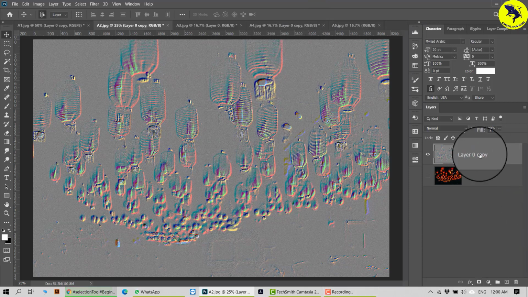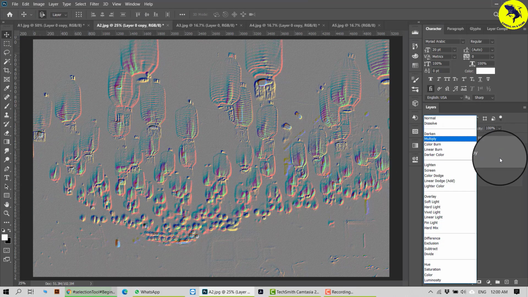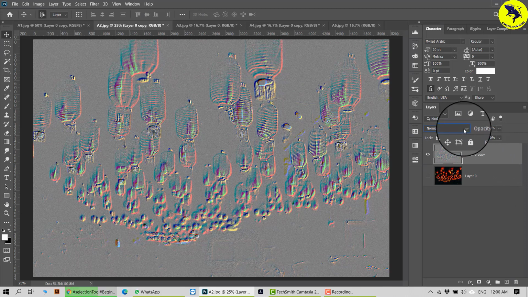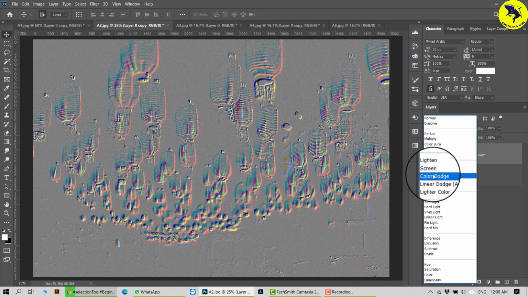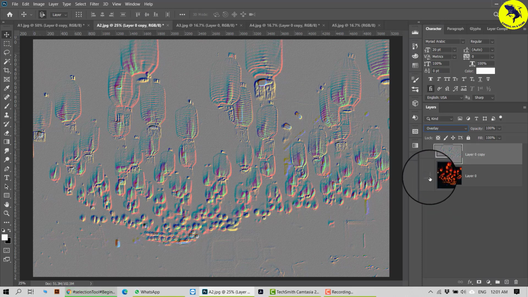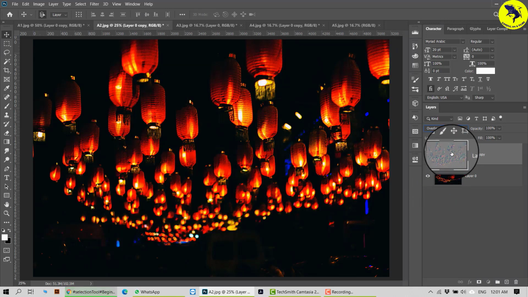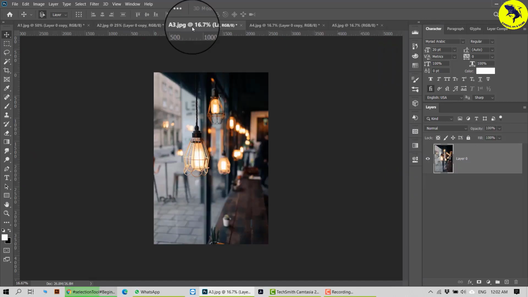Now what will I do for this? You can actually use this to make the edges or corners of your object more sharpened. How? Select it, go to your layer modes, that is this option, and pick overlay. Where is overlay? Here on your object. So now this layer, that is the new embossment filter layer, is an overlay. The meaning of overlay is as if it is taking over all the options. Okay, this is overlay. And now if I switch the filter off, you can see the difference.